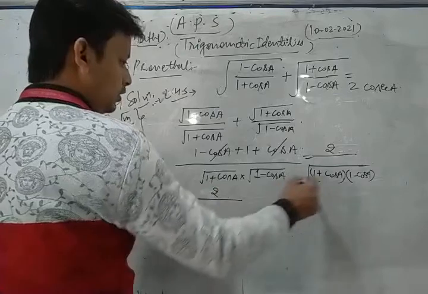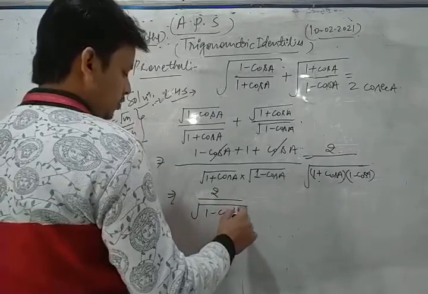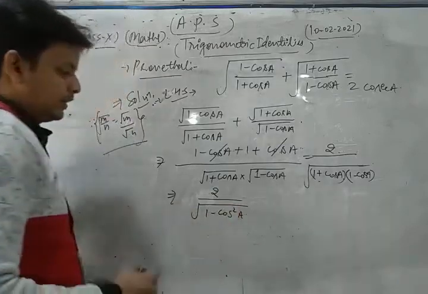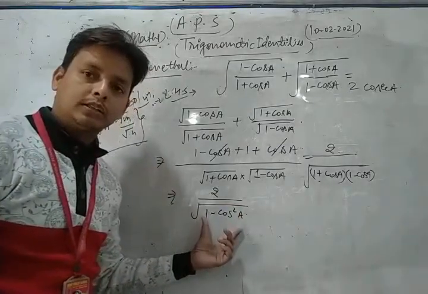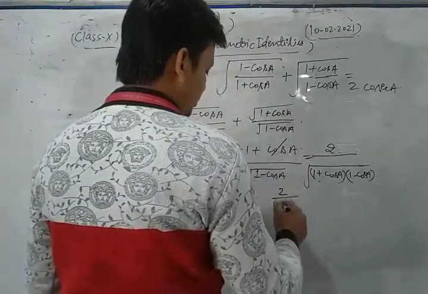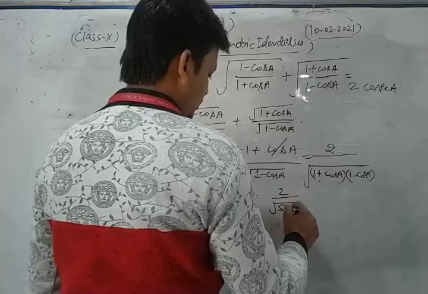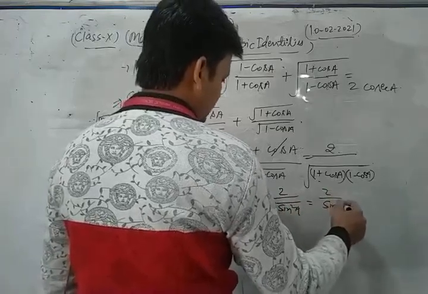We write 2 upon under root 1 minus cos square A, and you know that the identity 1 minus cos square A is sin square A. So here we put 2 upon under root sin square A, that is 2 upon sin A,